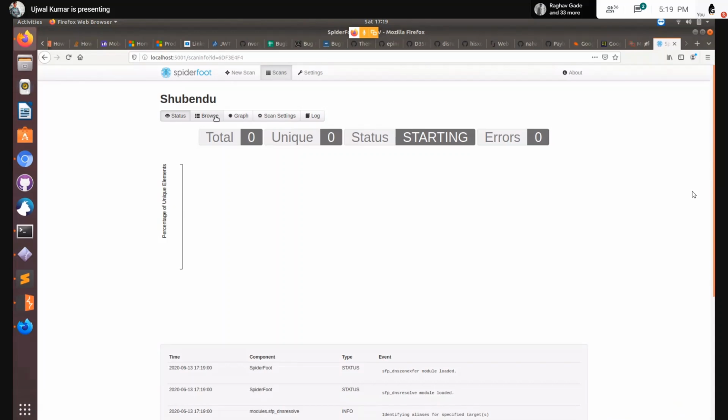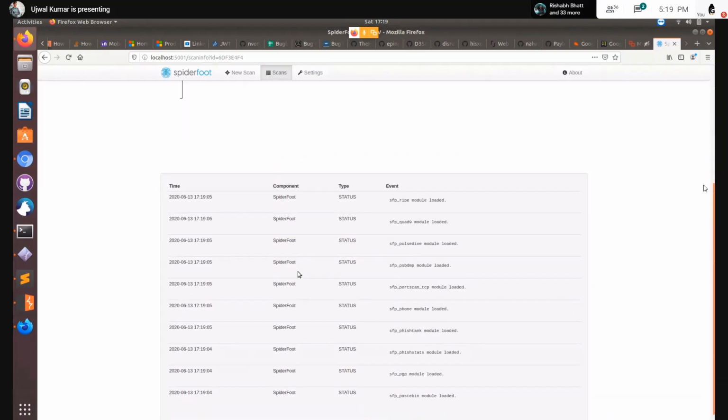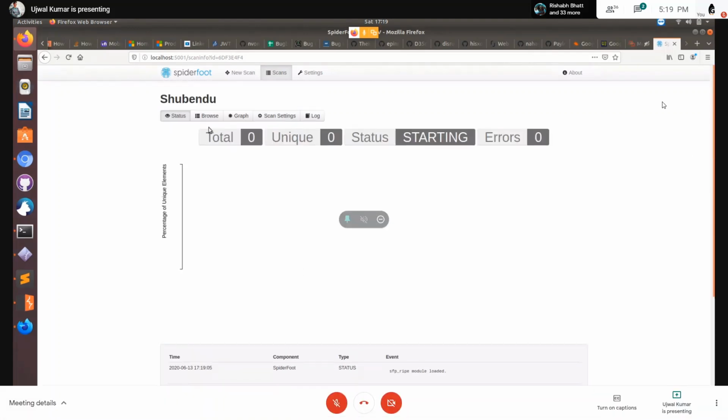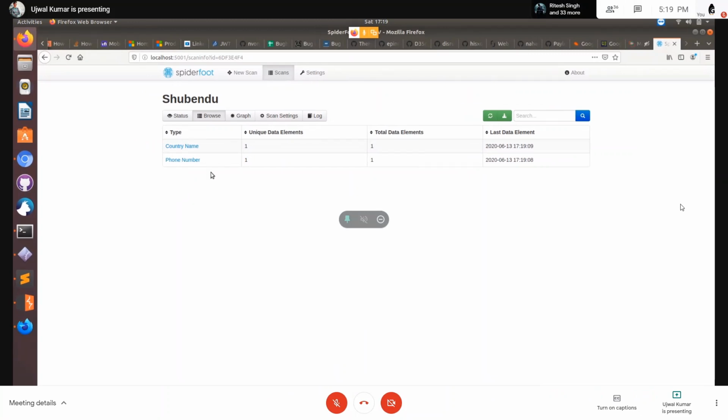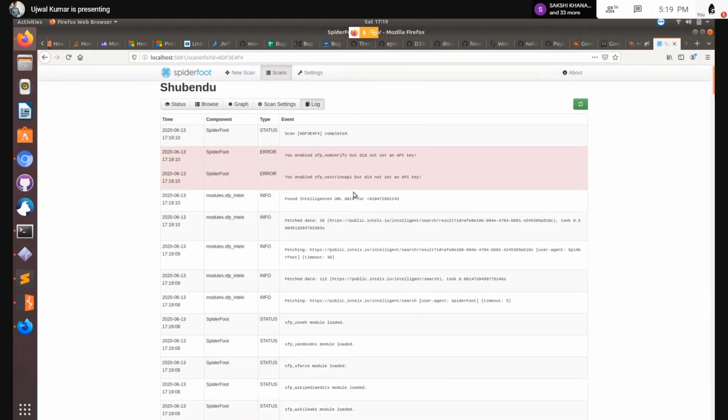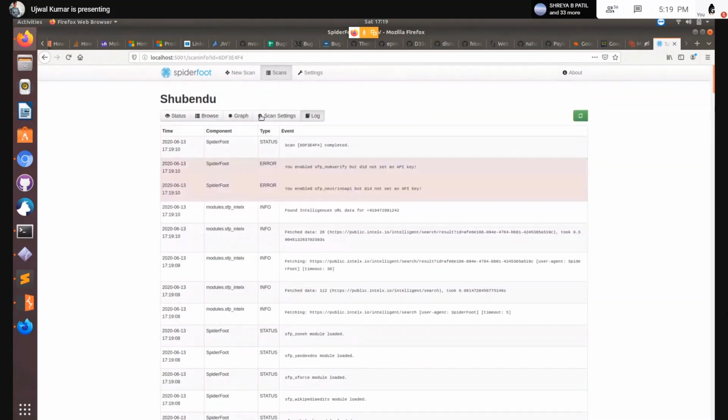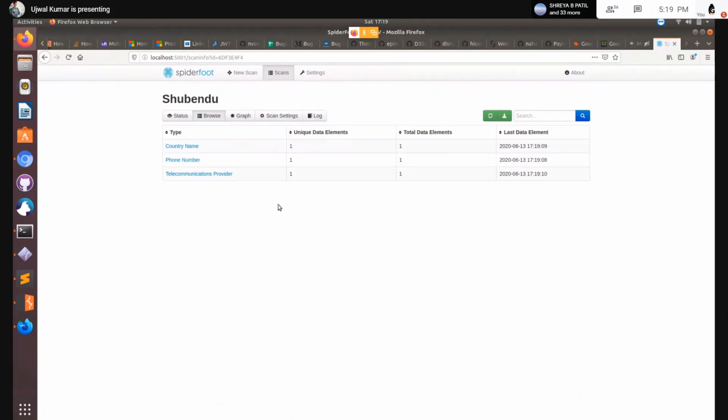So yeah, this definitely takes some time because it loads a lot of modules and scrapes the data related to that particular number everywhere. As of now, it has just found the country name and phone number and stuff. I'm afraid I won't be able to wait until the end of this entire thing. But yeah, see, the telecommunication provider has come in and a lot more things.